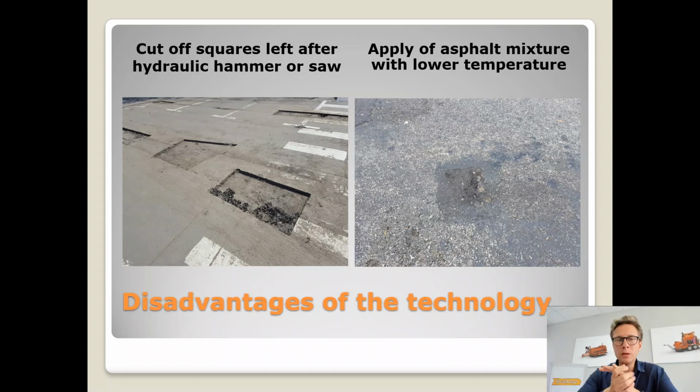Now another problem is that the cut-off squares, which are left after the hydraulic hammer or so, these already have a problem which is created by the process of cutting itself. Because when we cut with the hydraulic hammer or so, we already create the additional strain on these edges